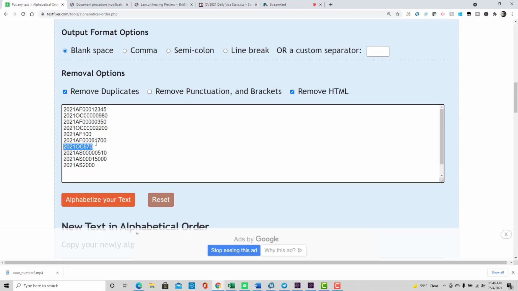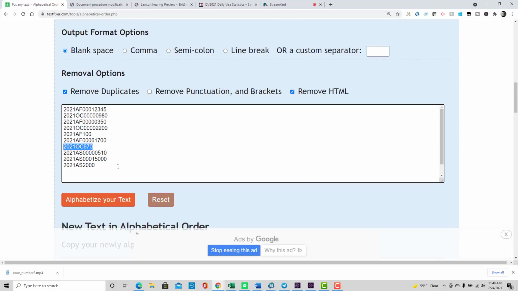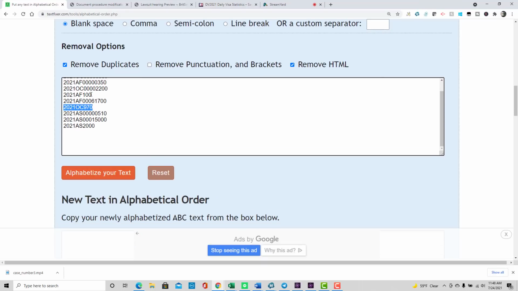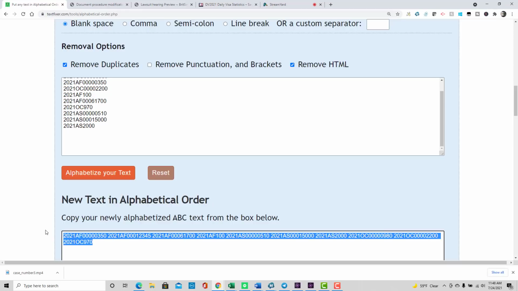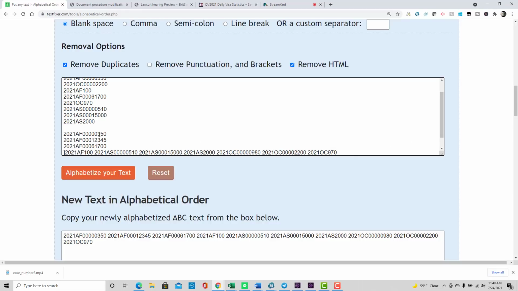handled earlier, right? Except if they're going by an alphabetical list of which ones are earlier, then it won't work that way. So this particular tool, I found this page and I typed in these case numbers, and I'll now put these numbers in this web page. I'll ask the web page to put them in alphabetical order. Okay, and if we look down here, forget this for a second, I'll just scrape this data. That's the alphabetically sorted list, and I'm just going to put it back up here, and just so you can see the order a little bit more clearly, I'm going to organize the text here.